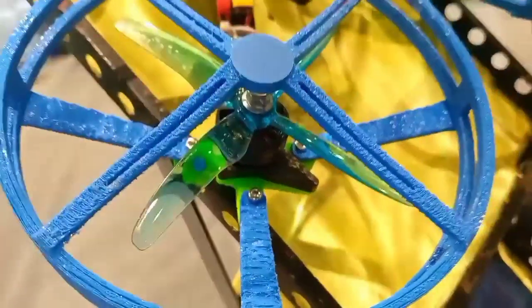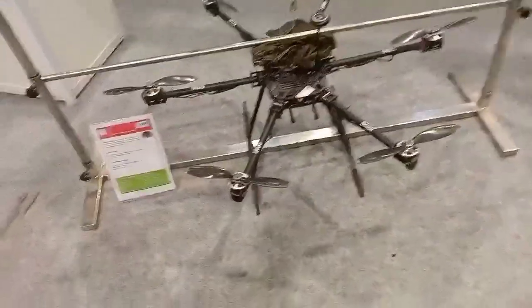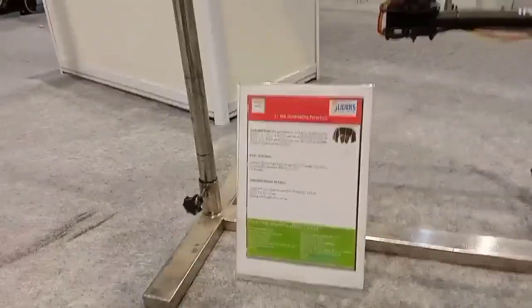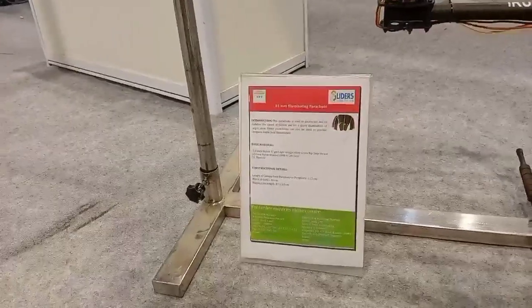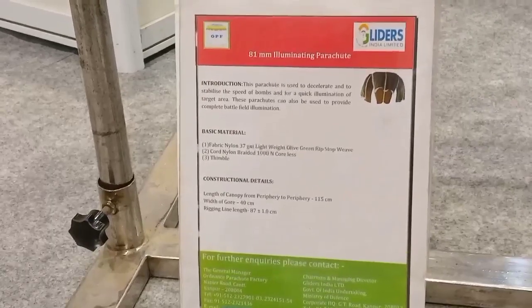This section is of drone parachutes, so let's see what they are. The design is the same for all of them. The parachute is used to decelerate and to stabilize the speed of bombs and for quick illumination of the target